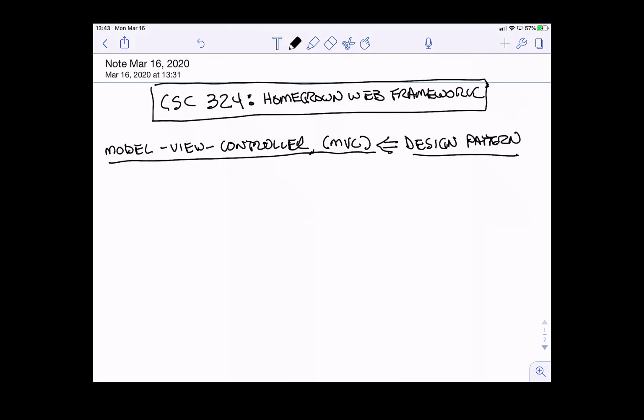Design patterns are ways of writing code that seem to be particularly effective at solving common problems. So when you're building any kind of application that has a user interface component to it, and also some kind of data store,